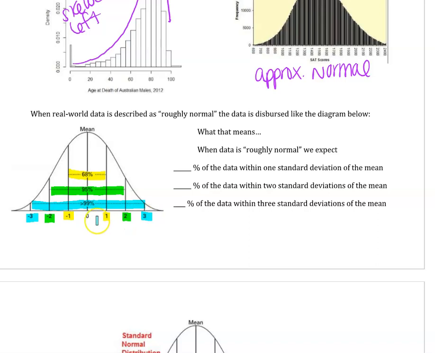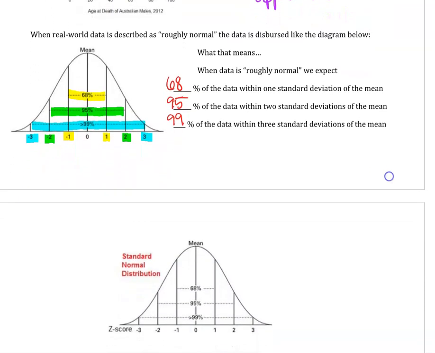So again, the mean is just the middle at 0 there. So these data values are 68, 95, and 99. And this is something called the empirical rule. I'll never test you on specifically that name, but that's technically what this is called with a normal distribution. So on the next page,